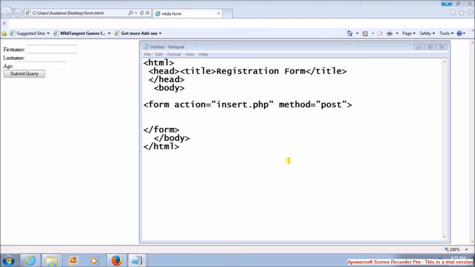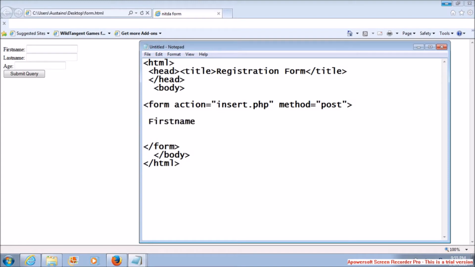Okay, welcome back. So let's continue. You have this post. Inside this form, this is where you're going to write the code for these fields. So how do we write the code for these fields? Just come down here, then you write first name, because we are having first name there, put this mark. Then we're going to have input type equal to text, because we want to have a text box. That's why we have input type equal to text. We're going to name this